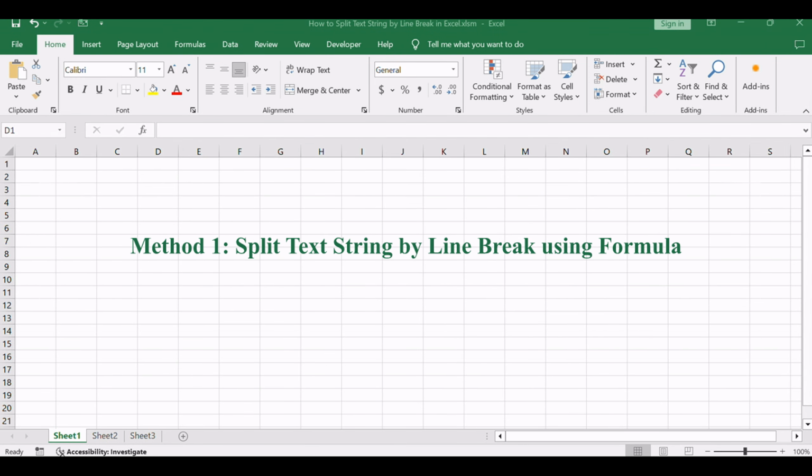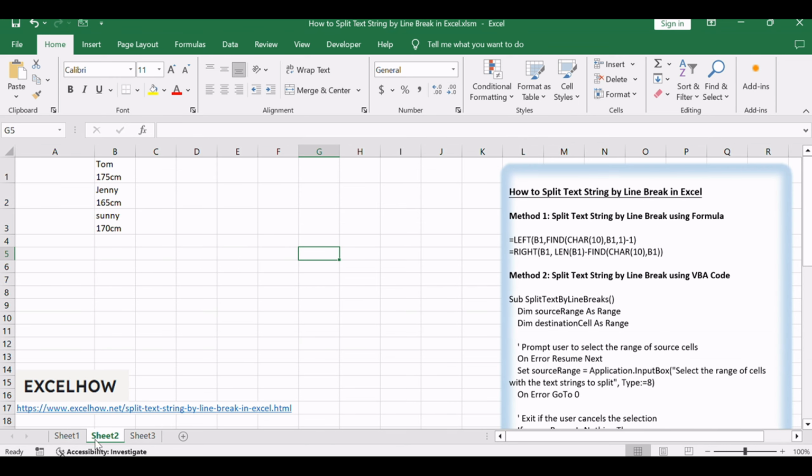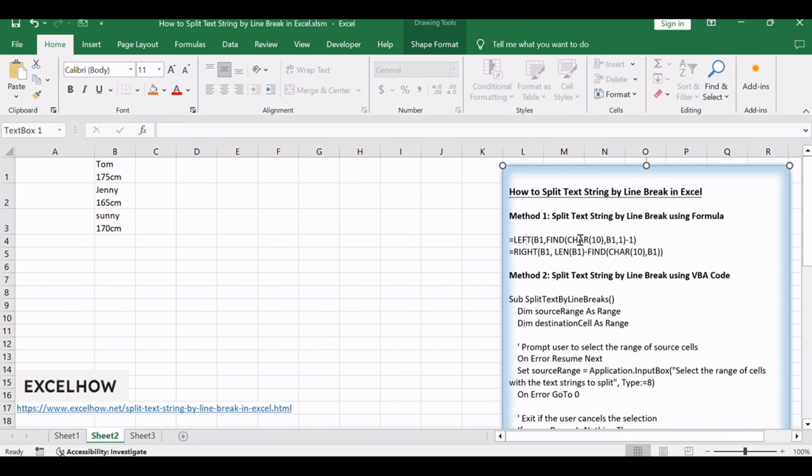Let's start with the first method, a formula-based approach using the LEFT, RIGHT, and FIND functions to efficiently split text strings by line breaks. This method provides a straightforward solution for users seeking a non-programmatic way to manage line breaks within their text data. When you want to split a text string by line break in Excel, you should use a